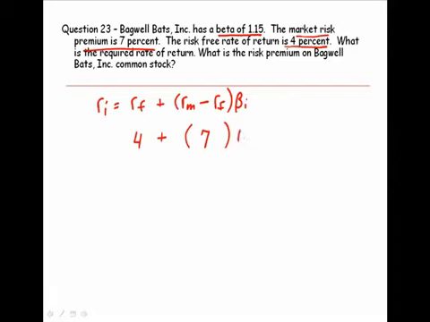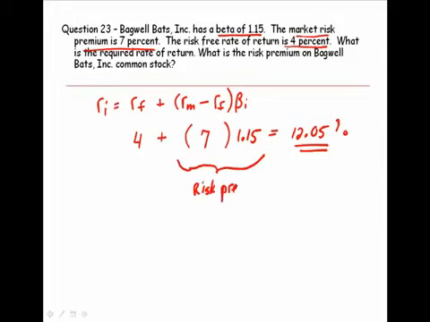This beta is 1.15. So we get a required rate of return of 12.05%. That's the required rate of return. We were also asked for the risk premium on Bagwell common stock. This portion of the capital asset pricing model is the risk premium on the stock. And so if we take the 7% market risk premium times the 1.15, we get a risk premium of